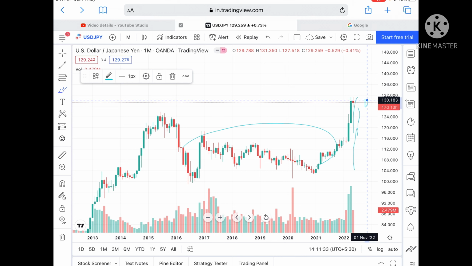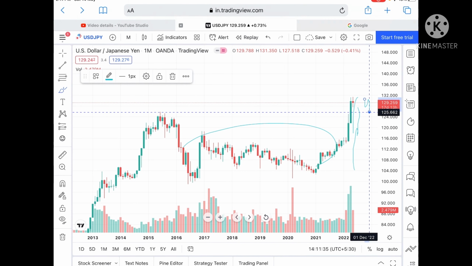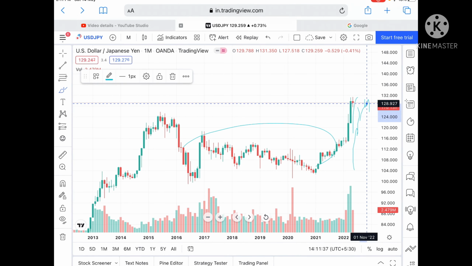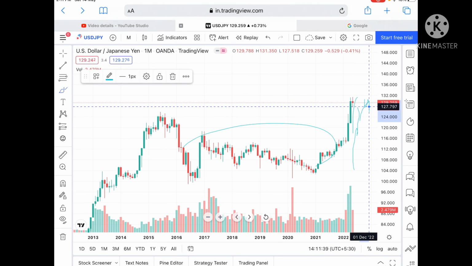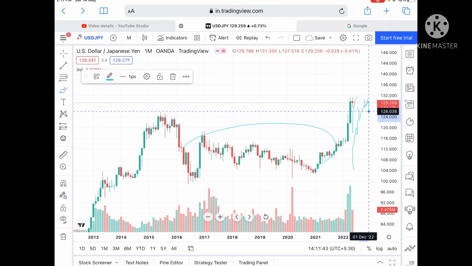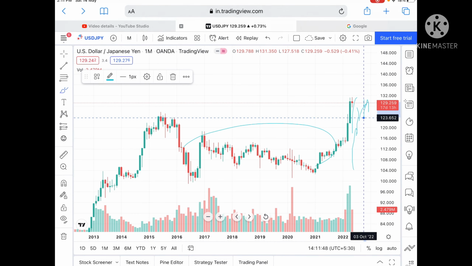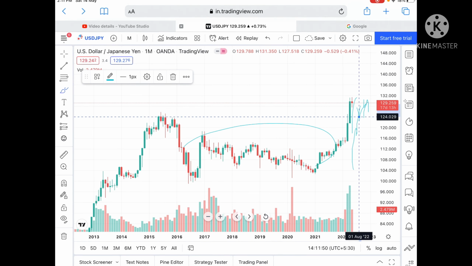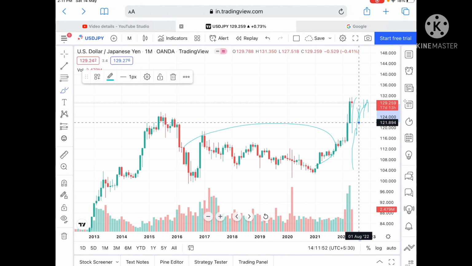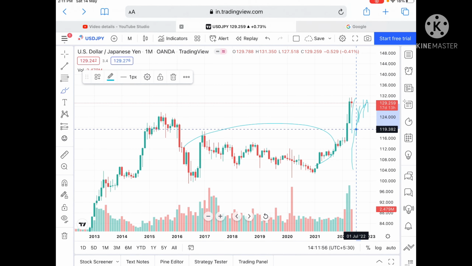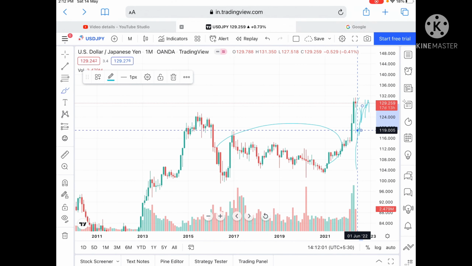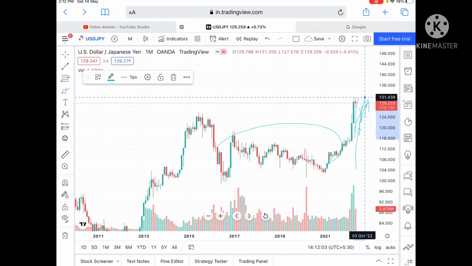and suppose this level didn't sustain, it has already been down to a level of 129.259. So if it goes below this level, then we can see it can move further low towards a level of 127.671, and from there a level of 126.038. Suppose the price goes below this level, then we can see a level of 123.652, and once the price goes below this level, then a level of 121.894. Suppose the price goes below this level, then it can move further low towards a level of 119.005.